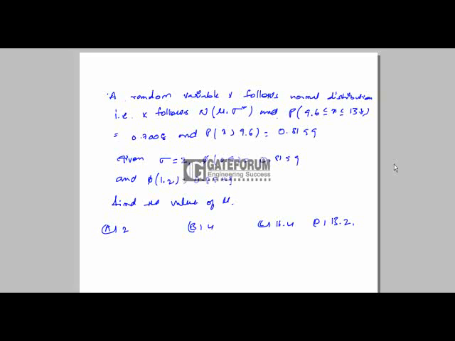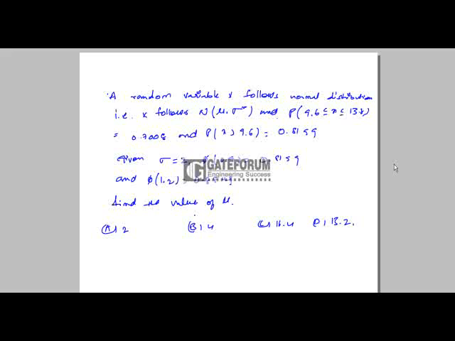The random variable X follows a normal distribution, that is, X follows N of mu comma sigma squared, and P of 9.6 less than X less than or equal to 13.8 is given as 0.7008, and P of X greater than 9.6 is given as 0.8159. Given sigma is equal to 2,